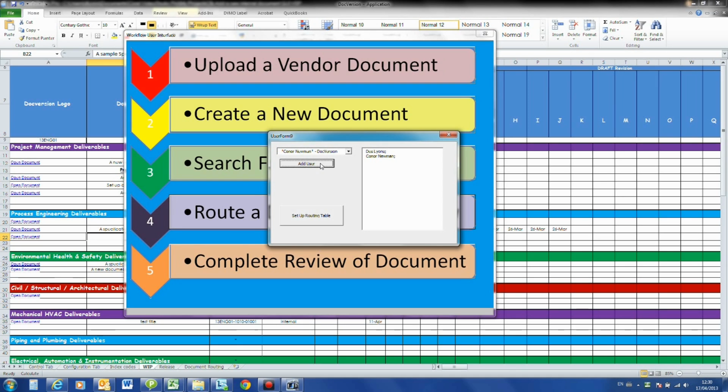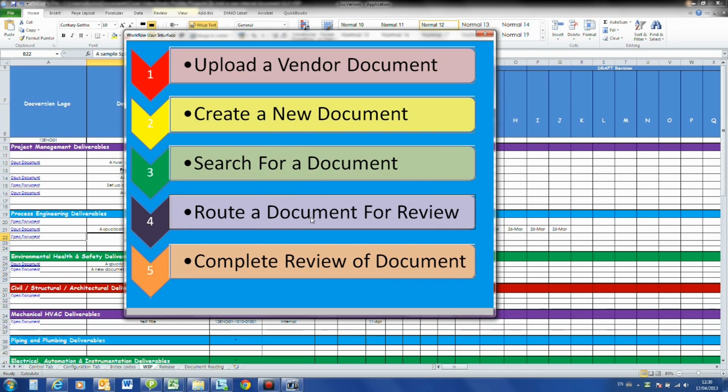and the document is sent to each of the reviewers in turn, each of whom must acknowledge that the review is complete before the next person in the list can get the document. If you wish to send a document in parallel to a number of users, then you need to set up each individual routing separately. Once we've added the number of users that we require, and we've set up the routing table,